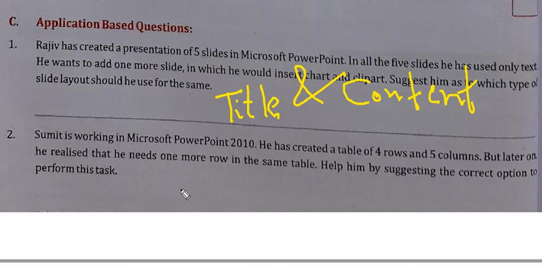Another way is to select the insert option, and under this insert option he has to go to insert row below.